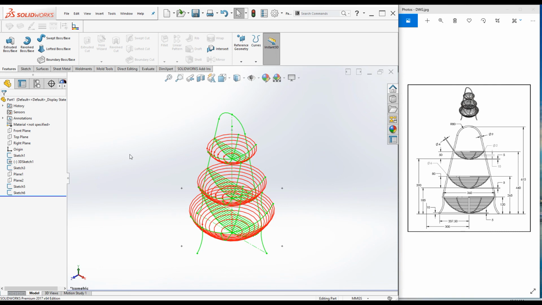Now the 3D sketch and 2D sketches for this project is completed, and I'm going to convert this one to a 3D model using weldment features in my